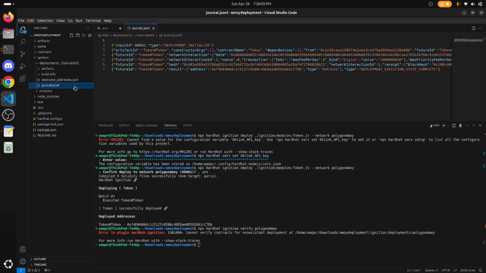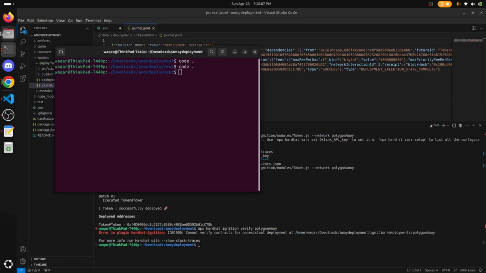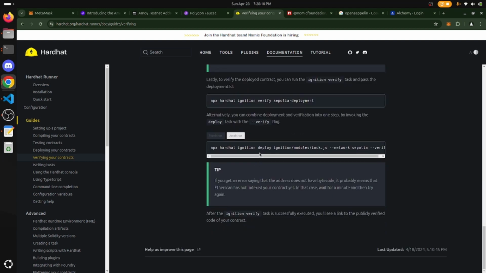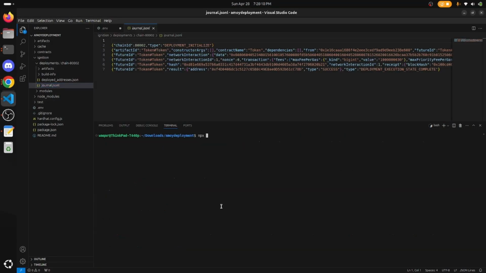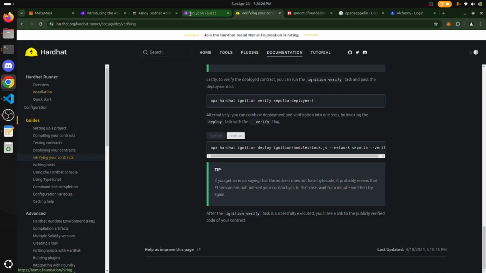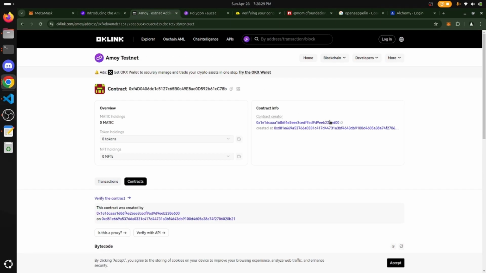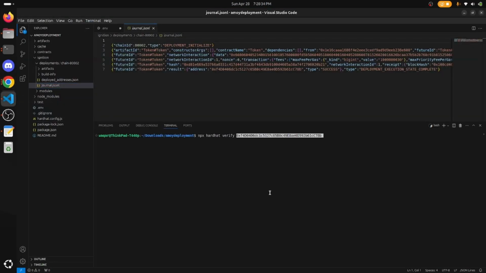I think we need not to get complex from this command. I will just show you another command which I found and remembered. Just write npx hardhat verify and then paste the address. Okay, so I don't remember the address. Let's just copy it from the chain. Just copy the address of the token. We just paste the address and then network